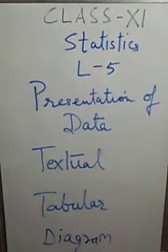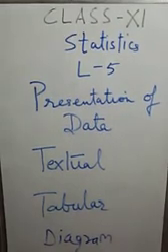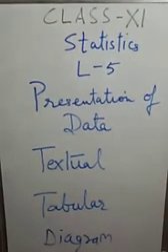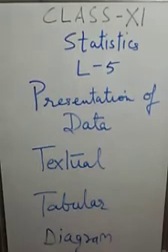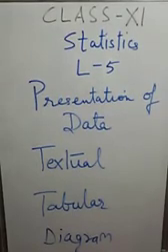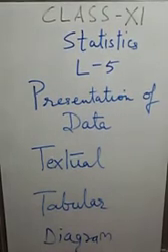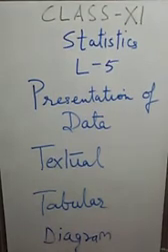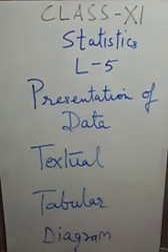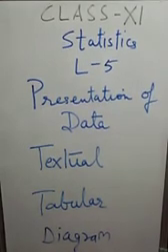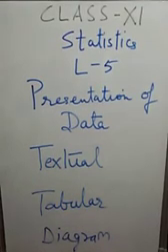Footnotes. Footnotes are given for the clarification of the readers. They help the reader. These are generally given when information in the table needs to be supplemented or clarified. Now, sources. This is the last component of a table. When tables are based on secondary data, the source of the data is to be given or provided. The source of the data is specified below the footnote.